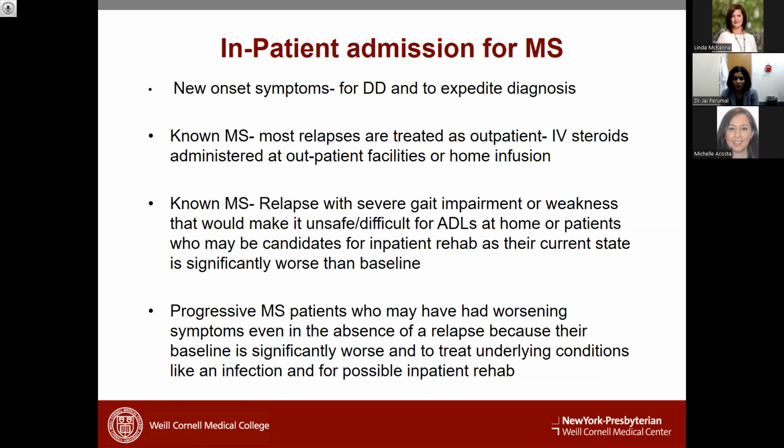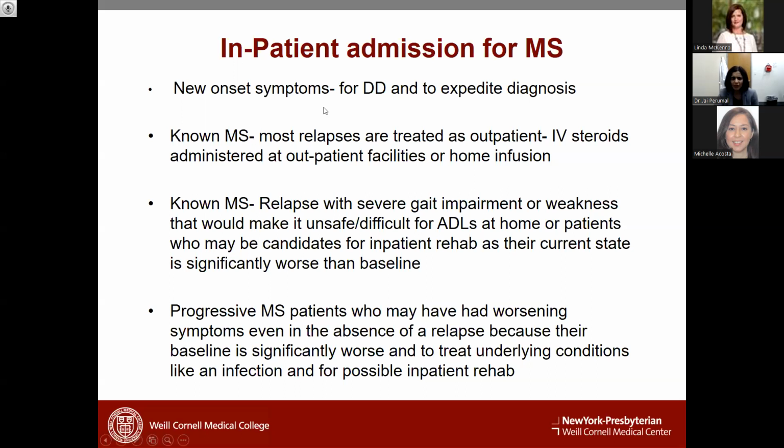So we brought her in, and she ended up having a Gad enhancing lesion in the brainstem, which is what was causing her vision problems and vertigo. And we gave her steroids, and she's much better. So sometimes patients with MS can have relatively vague symptoms that one cannot put a finger on, and that delays their diagnosis because it's attributed to them being crazy or psych issues. So we have to be aware of that too.